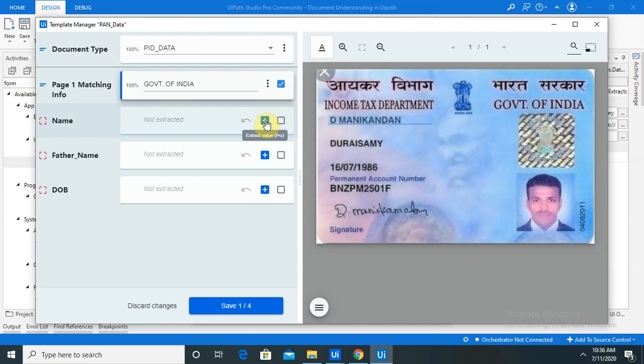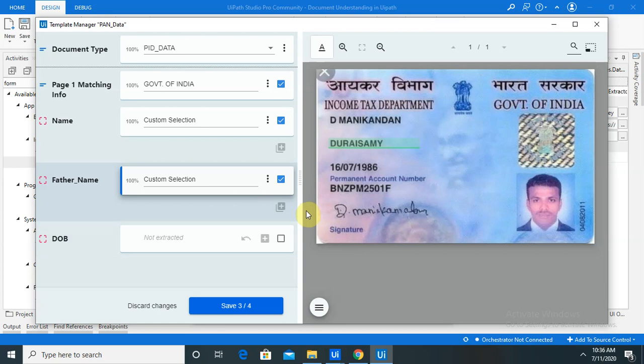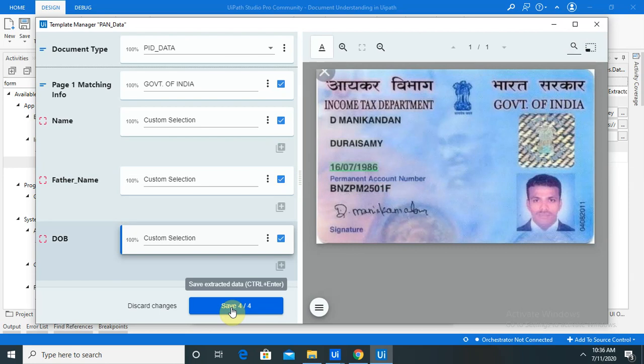Once you click on the custom area and select any component, that field will be populated here. So next again select this selector, and for father name we are going to use here. So this is also I am going to select the bigger selector and click on selector and just click on this. Your father name is also done. Let's do the same for DOB, but DOB is always the same digit, so keep the same length. Now click on plus sign and click on save.